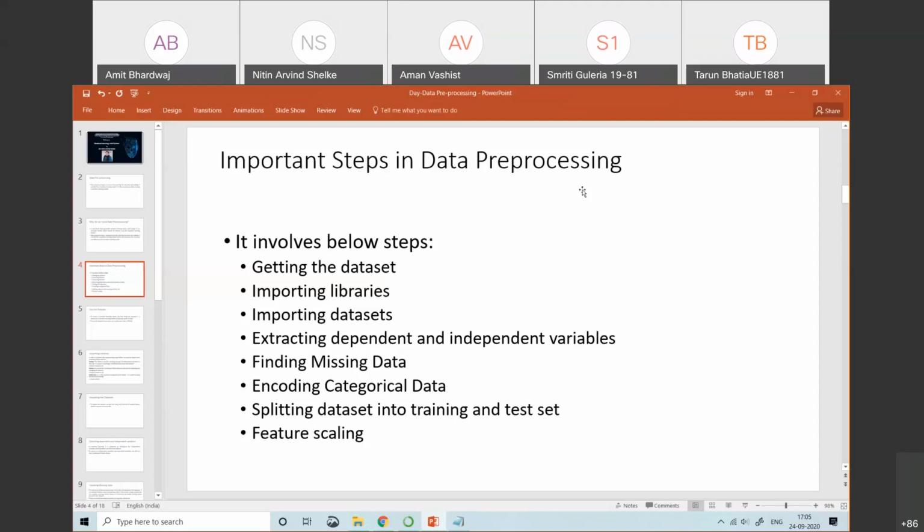Then extraction of dependent and independent variables, this is the fourth step. Then the fifth step is finding the missing data. The sixth step is encoding the categorical data. And the seventh step is splitting the data set into the training and testing set. And the final one is the feature scaling. So all these steps we are going to cover in the data pre-processing, and one by one we'll discuss them thoroughly.